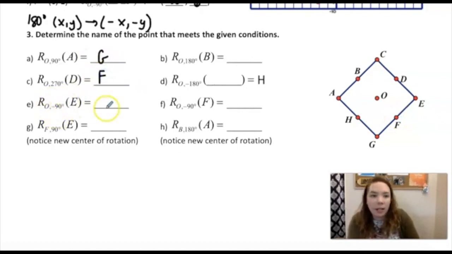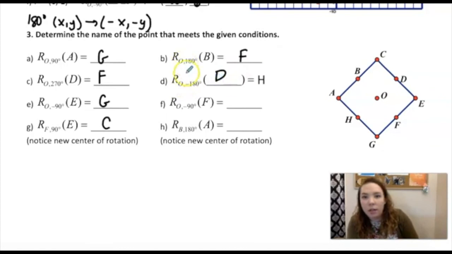This means we're going clockwise 90, so E would land on G. Counterclockwise 90, E would land on C. 180, so straight across would give us F. What rotated 180 is H, that would be D. And again, the direction doesn't matter on 180, they end up in the same spot since it's half a circle. Here we are going clockwise 90, so F would land on H. And 180,